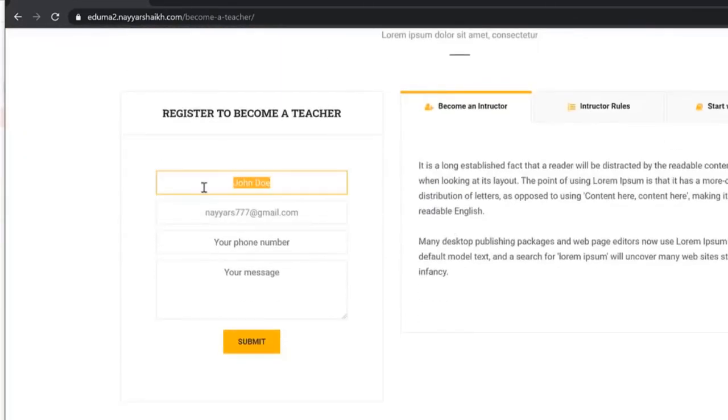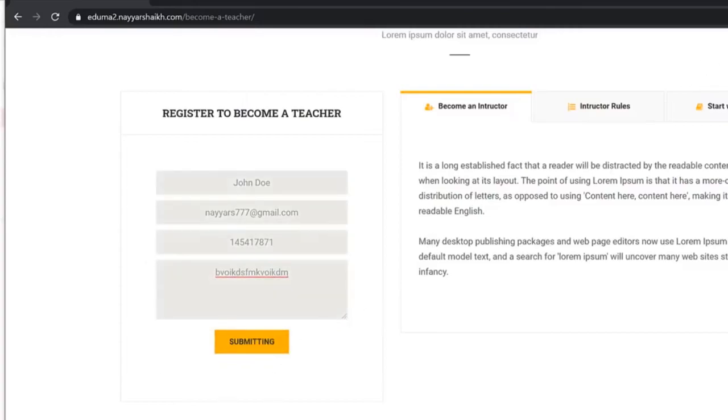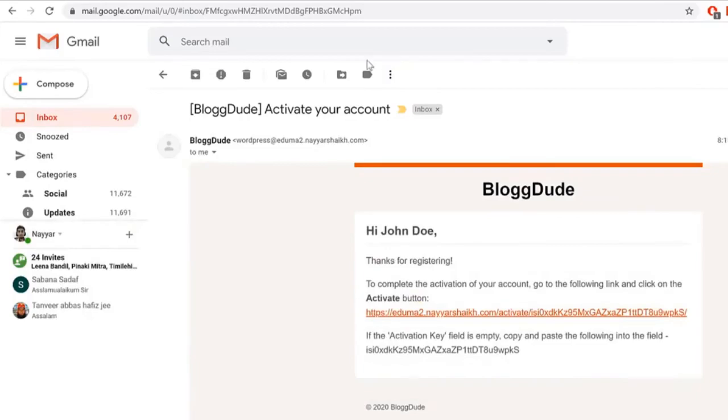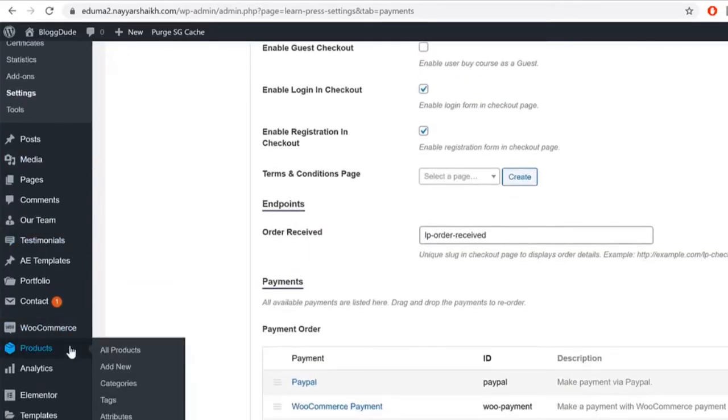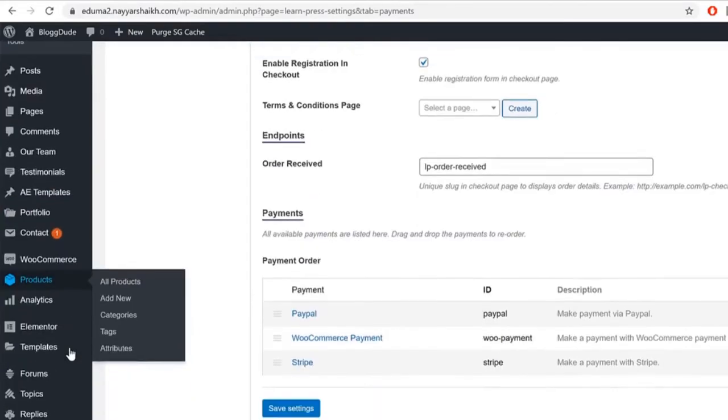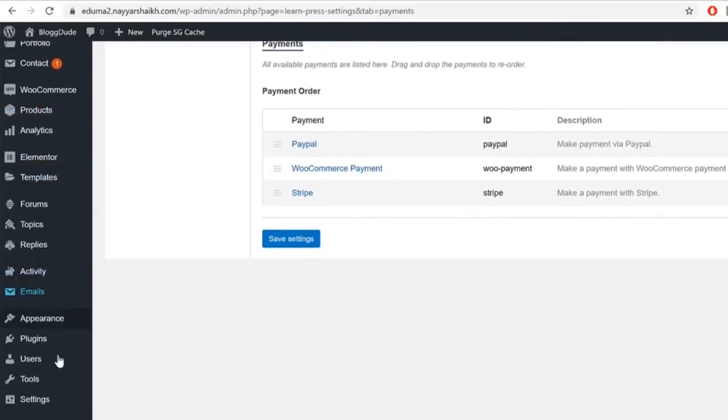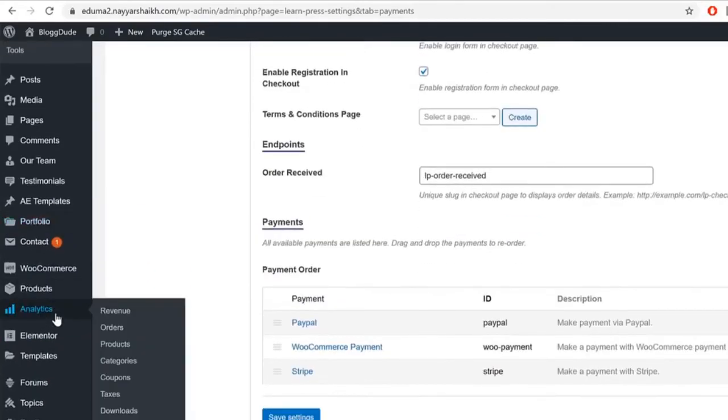Now as you can see, it has their email address and their username already. Now they can enter their phone number. They can type in some message and click on submit, and this request will be submitted. Now you as the admin of the website, you will get this request. You will get a mail or notification that someone has submitted some kind of request. And when you come to your website, you'll also see that option over here at the left hand side